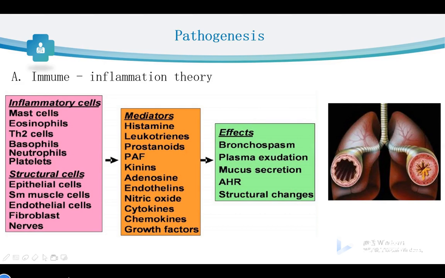From the pictures in the last page, we can know that once the allergen enters the body of the patient, it will activate the inflammatory cells, which will result in different chronic inflammation. And the allergen can also stimulate the structure cells, such as the epithelial cells and so on. And this reaction to the allergen will finally cause the effects, including the bronchial spasm,